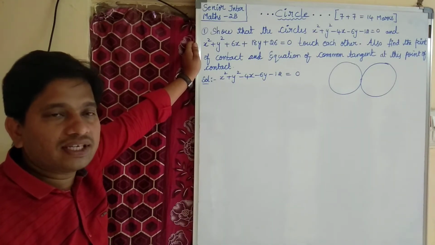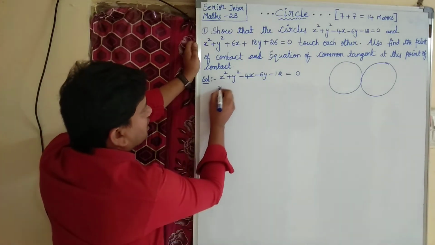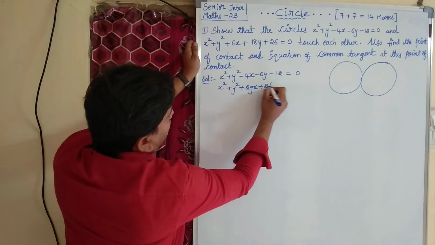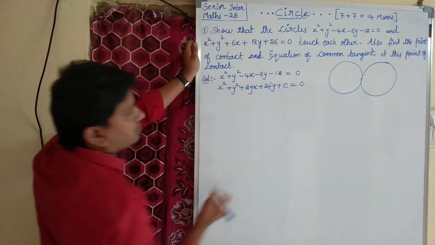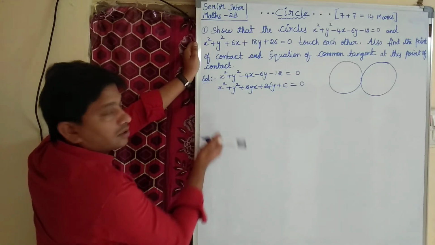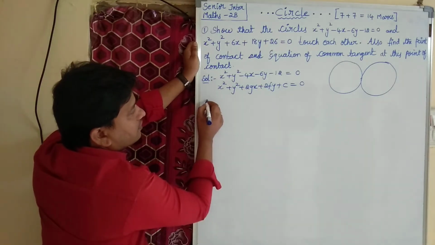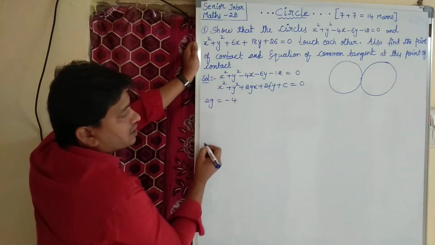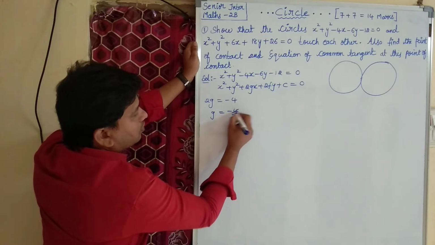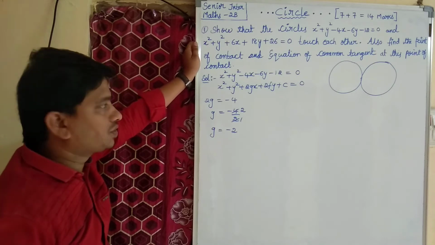let us equate the given circle with the standard form of the equation of the circle. What is the standard form of the equation of the circle? x square plus y square plus 2gx plus 2fy plus c equal to 0. Right? If you compare the coefficient of x, here 2g, whereas the coefficient of x is minus 4. 2g equal to minus 4. 2 is multiplying, if you transpose, g equal to minus 4 by 2, 2 1 jar, 2 2 jar. So what is the value of g? The value of g is minus 2.